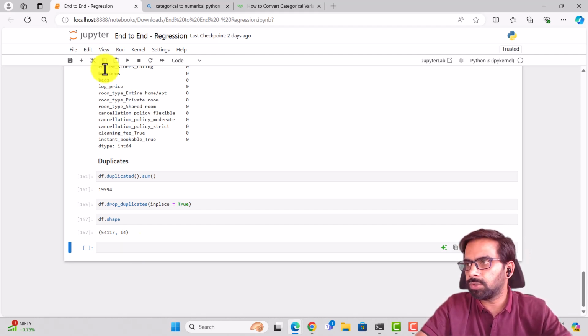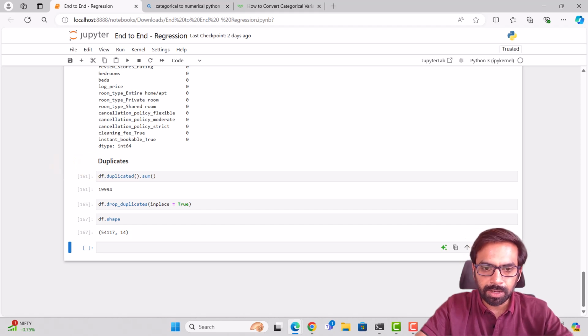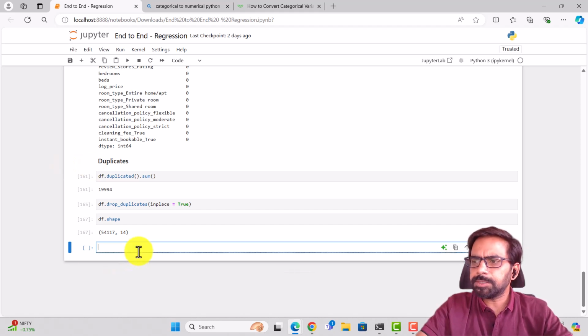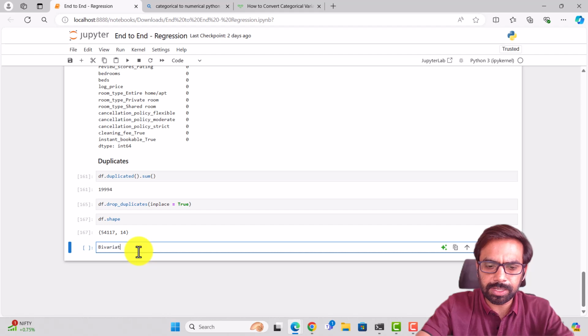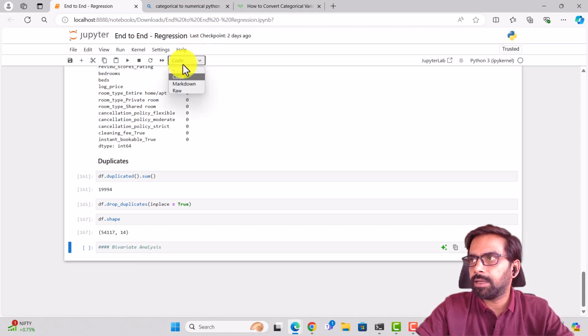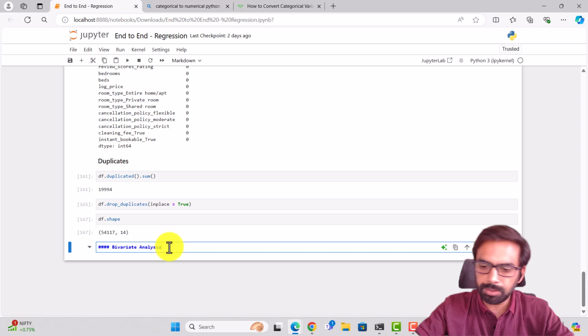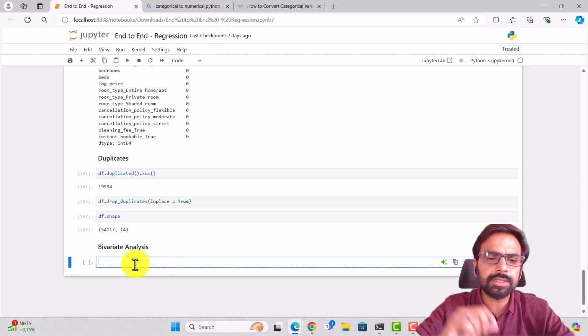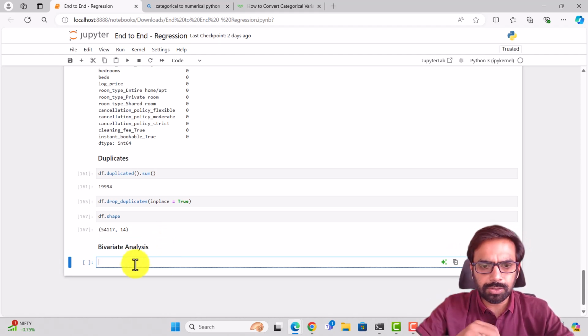Okay, now let's move on to a bit of bivariate analysis over here. If you look at the bivariate analysis, it's going to give me the relation between the variables. And before I build my model, bivariate analysis is important. The first thing that we're going to go for is a correlation map over here. So let me go for sns.heatmap, and I'll go for,